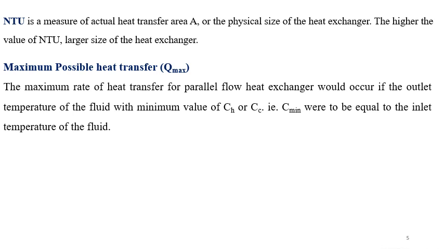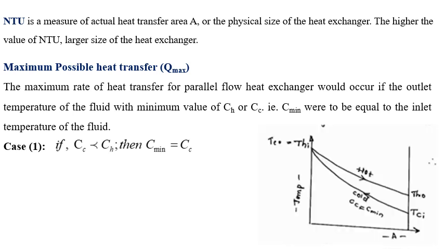So a heat exchanger will reach its maximum possible heat transfer when, with Thi minus Tci, either the cold fluid is heated to the inlet temperature of the hot fluid, or, in the second case, the hot fluid is cooled to the inlet temperature of the cold fluid. Such conditions can be achieved in a counter flow heat exchanger because of infinite length. These conditions will not be reached simultaneously